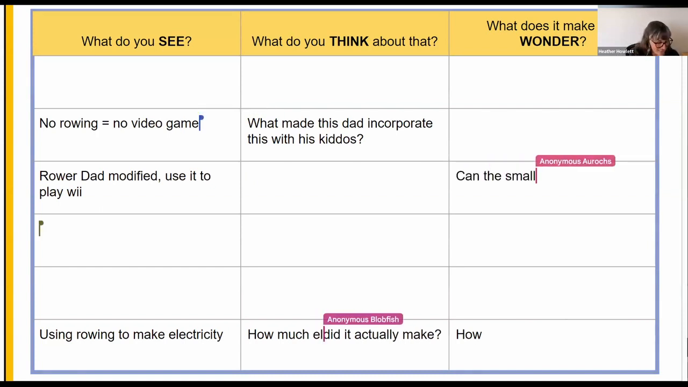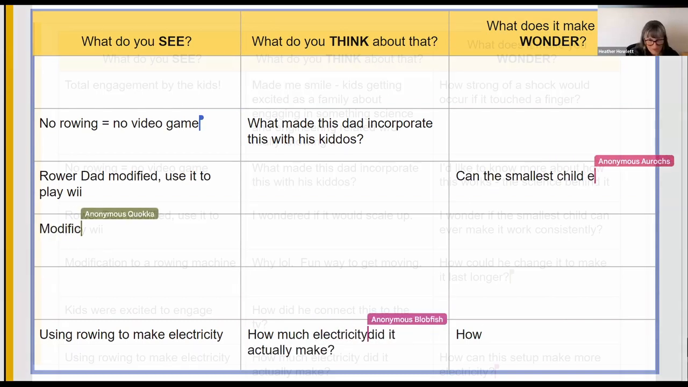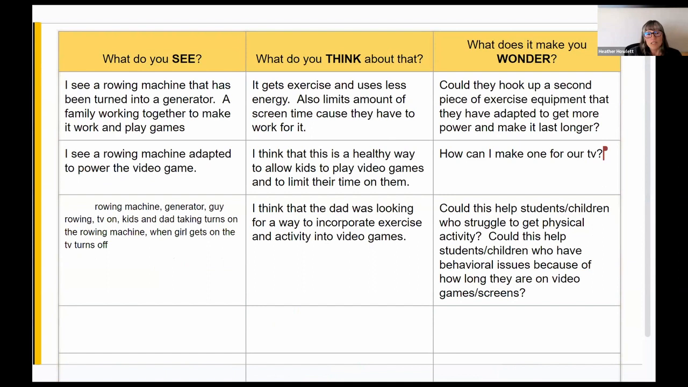All right. Popping over. What did you see? What did you think? What did you wonder? So as we think about how we might leverage a simple routine like see, think, wonder, to make it a text-based conversation,